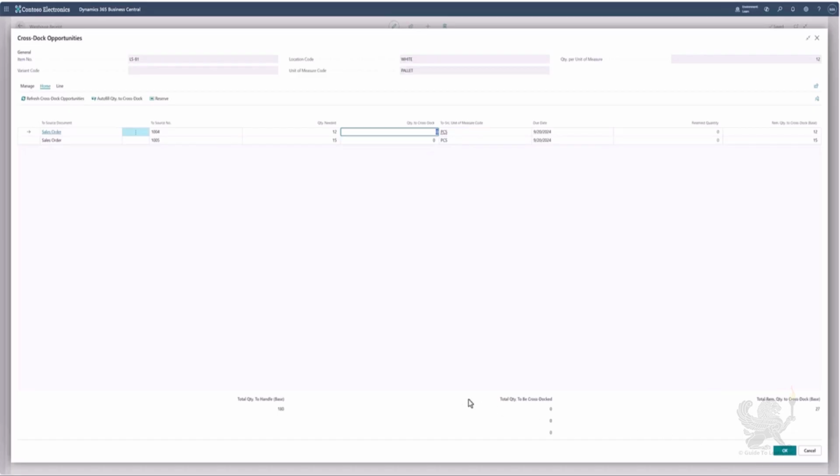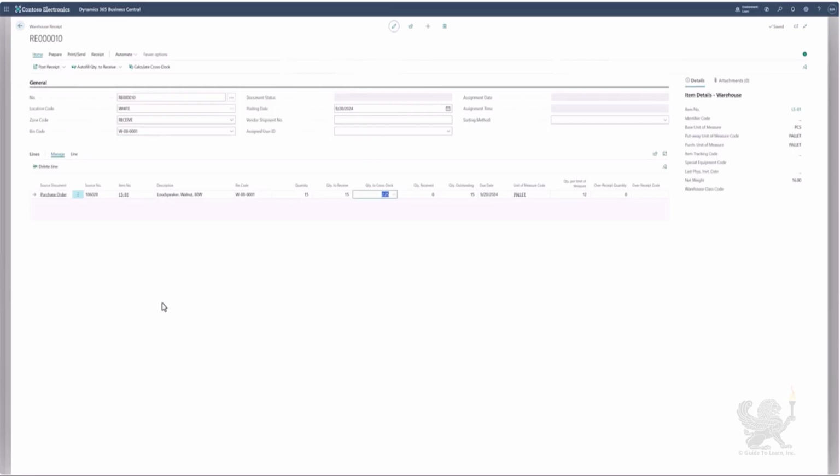So to find how much I can cross-dock and what the quantity will be, I have the option to autofill quantity to cross-dock. When I click on this, the system will automatically pull information about quantities, and it will fill in the quantities in Quantity to Cross-Dock. Now, when this is okay, I can click OK, and now I'm ready to post this receipt. I'm going to do this by clicking on Home, Post Receipt,